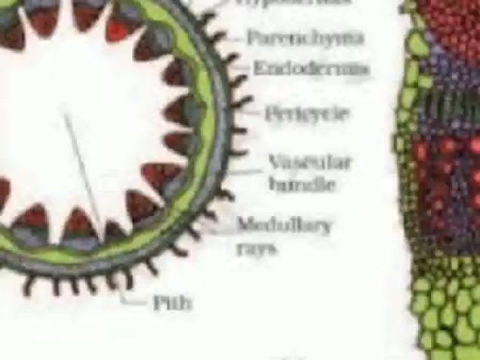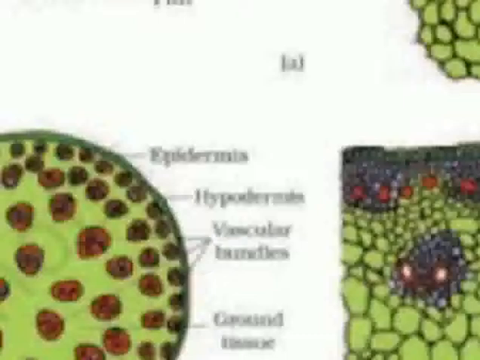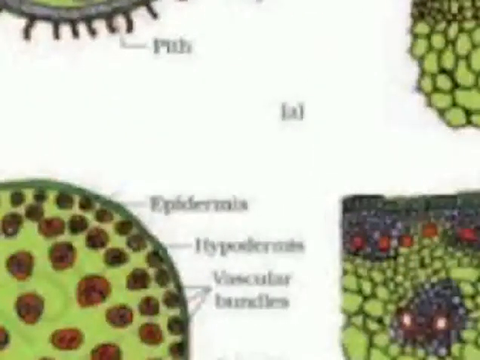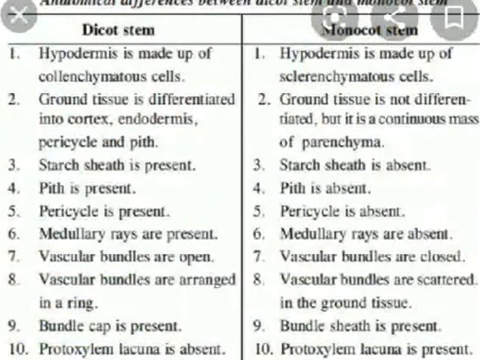Now let us talk about the monocotyledonous stem, and it's like this. The monocot stem has a sclerenchymatous hypodermis. Now you can see here there is no clear pith because the vascular bundles are quite scattered and not present in a ring as we saw in the case of the dicot stem. They are present in the form of scattered vascular bundles. And how they differ from the dicot stem, I will just talk about that.